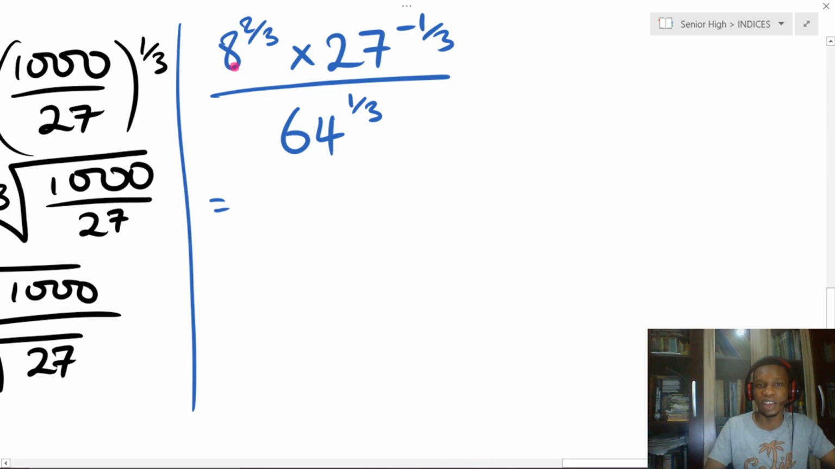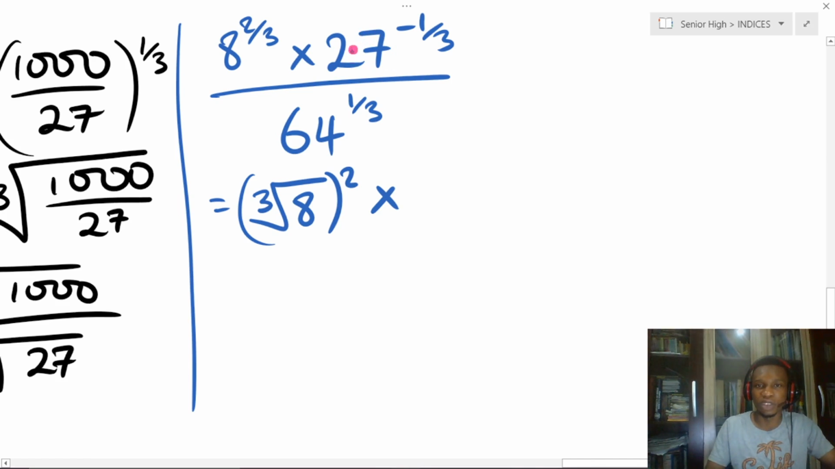8 can be written in the base of 2, right? Yes, that's correct. 27 also. But if I don't want to just go that way, I can go straight away and start applying the laws. Applying the laws, 8 to the power of 2 over 3 can be written as the third root of 8 raised to the power of 2. Remember, I showed you that in the fractional index law in one of our videos. And then here is the negative index law, right? I can apply it, but since I don't want to start breaking out everything straight away, I can just